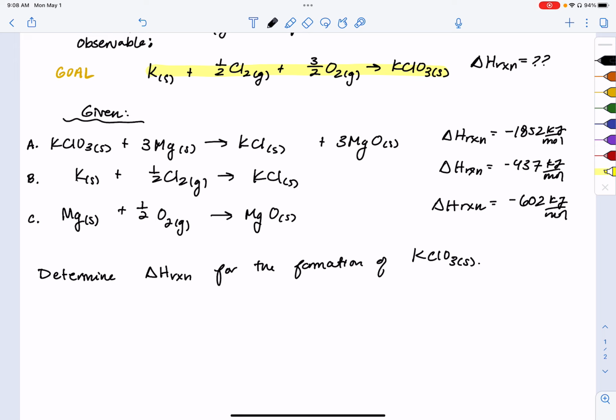And let's start by looking at some requirements for what is needed on the reactant side of my goal reaction, and then maybe identifying those conditions in some of my given reactions. So let's see here. Let's start with this solid potassium. So my goal reaction requires 1 mole of potassium solid